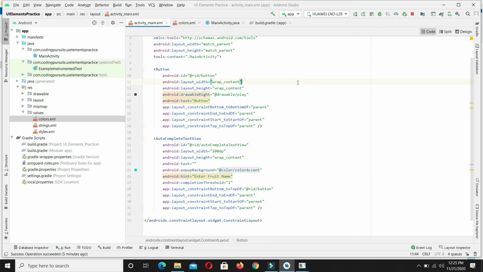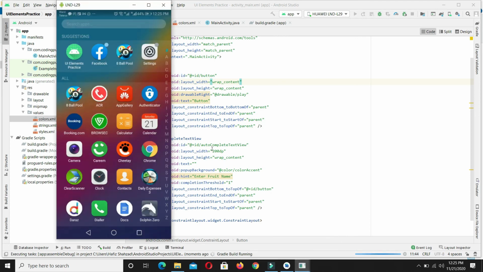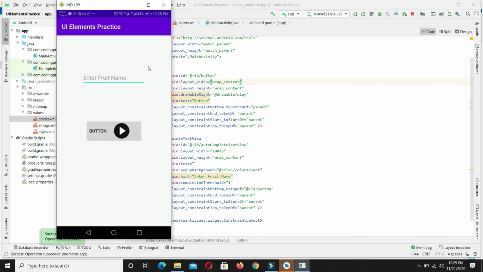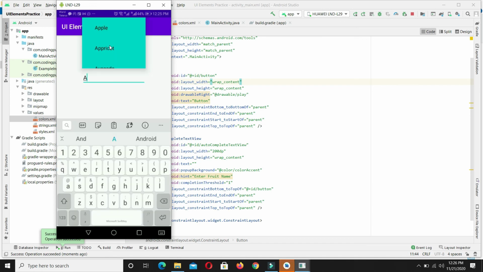So now let's compile the code again and check what happened. So when I write the letter A, I am getting my suggestion with the background of accent color.